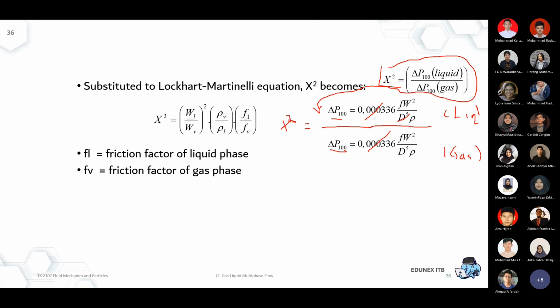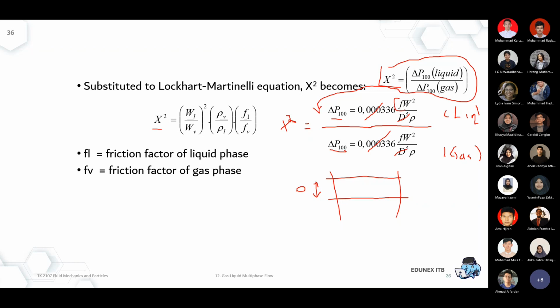Because we are talking about exactly the same pipe segment with the same diameter. So using this simplification, now the diameter can be cancelled out, and then the correction factor can be cancelled out. So it's just a ratio. See over here, we are only left with 3 variables: x square. The numerator is the liquid and the gas is the denominator for the x square.